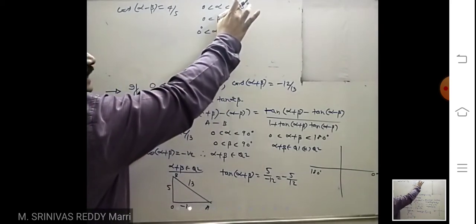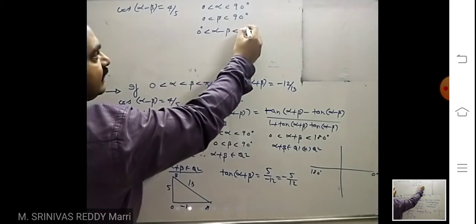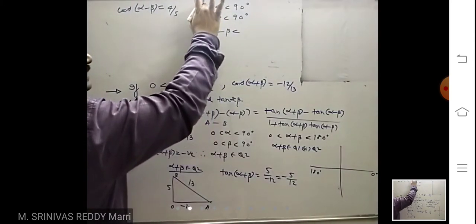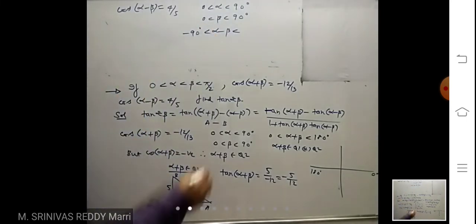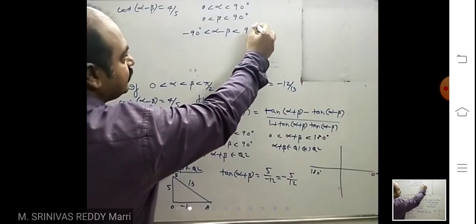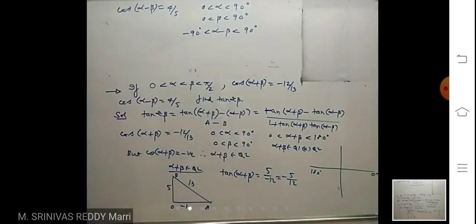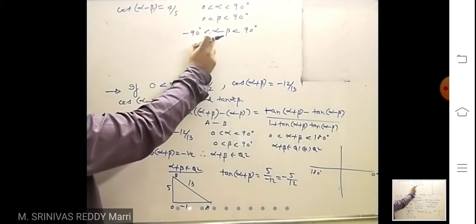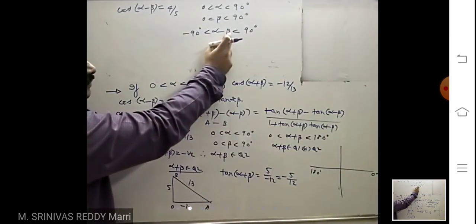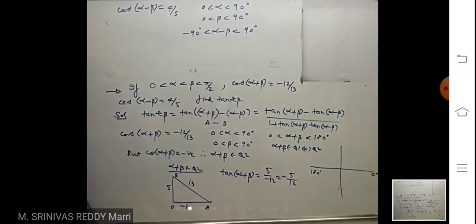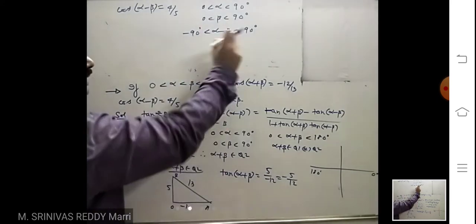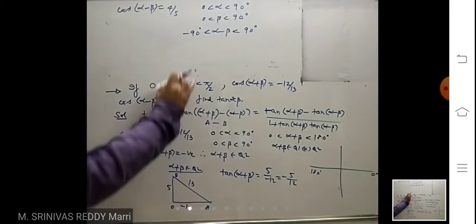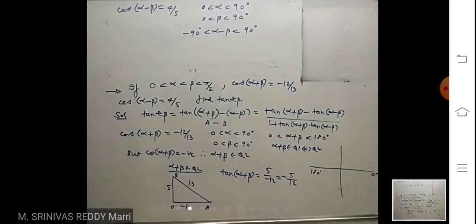If you take alpha here 90 and if you take beta here, least is what? If you take here 0 and 90, 0 minus 90 is the least. Minus 90 to 90. Alpha minus beta, least value. If you take alpha equal to 0 and beta equal to 90, what you will get? 0 minus 90. That is the least value. You take alpha equal to 90 and beta equal to 0. What you will get? Greatest value 90. That means you can conclude that alpha minus beta lies between minus 90 and 90.